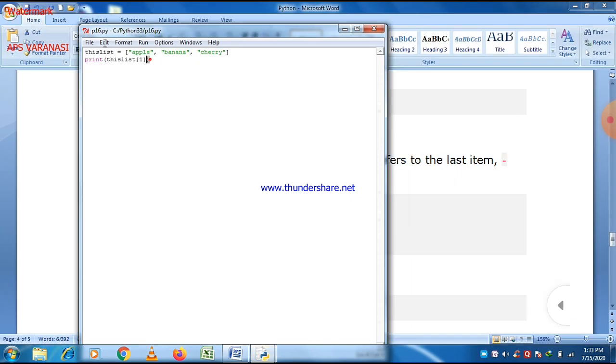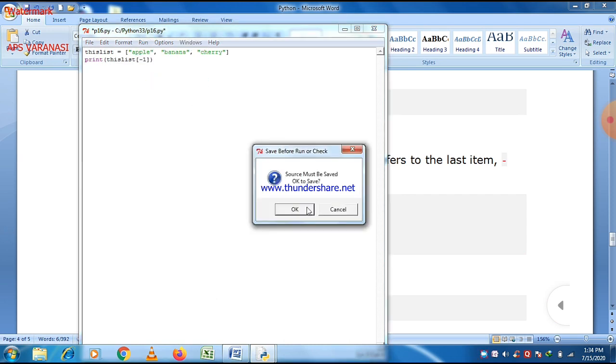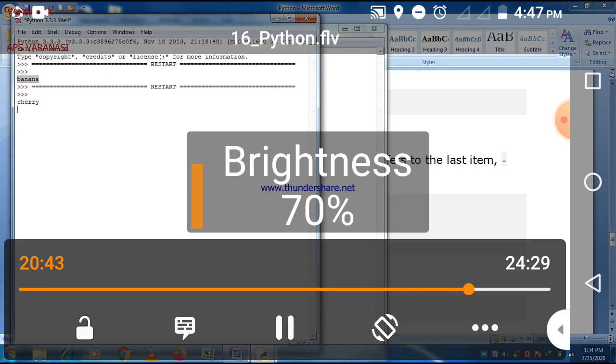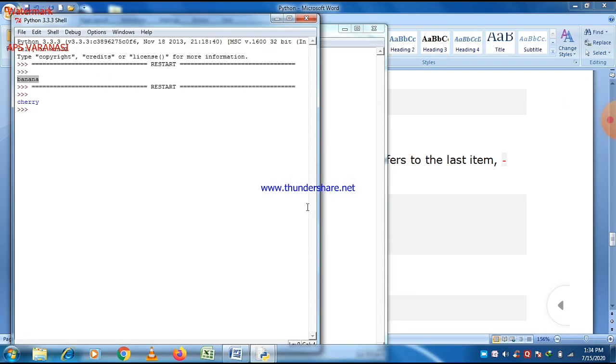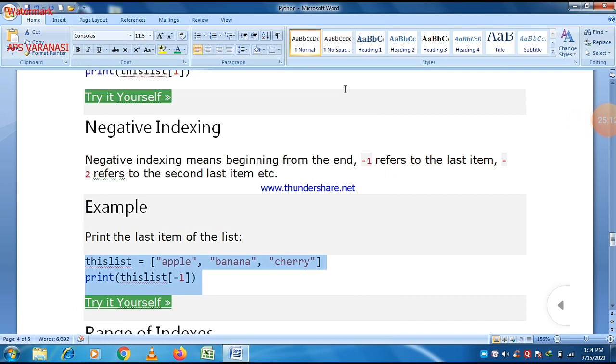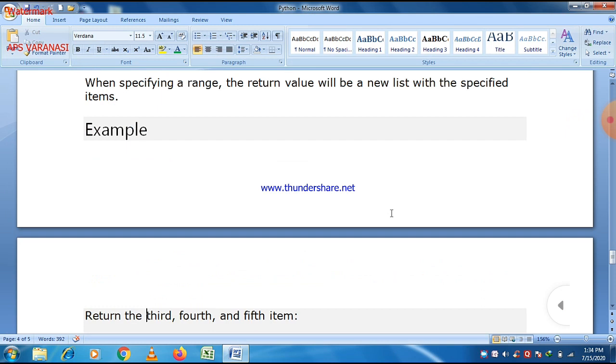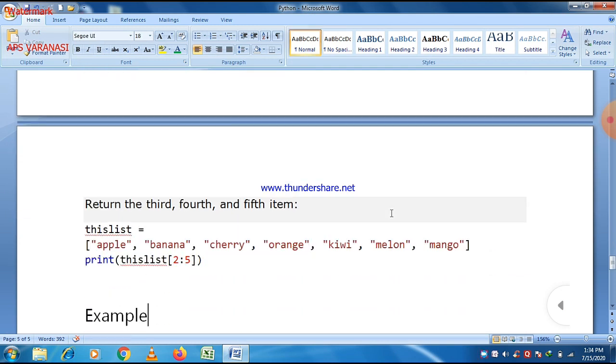Let's check it. Okay, cherry will be printed. You can easily see that. So just try it yourself and check whether it works well or not.